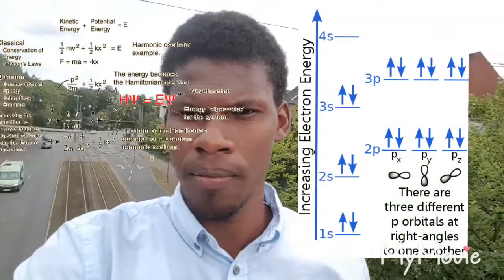So with the help of these 2 models and with quantum mechanics, the Pauli exclusion principle, the Schrödinger equations, all this helped scientists to understand